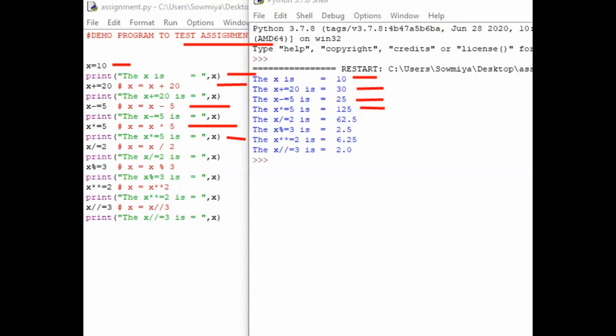Okay, and next x divided by equal to 2. How it can be read as x is equal to x divided by 2. So now your x value is 125. I have asked to print the value we get when I divide it by 2, again printing x here. Okay, so what will be printed? See here, the value x divided by 2 is 125 divided by 2. The value is